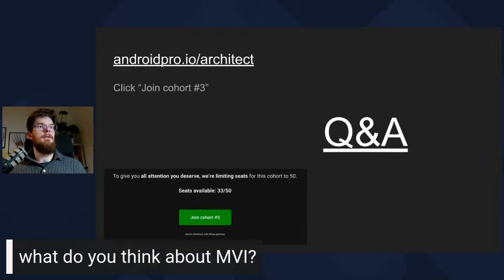The first one was, what do you think about MVI, model view intent? So I think that's a great pattern if we are designing reactive components. We have a lot of things going through user input to our output. And model view intent has these concepts of intent, not exactly Android intents, but some kind of intent. And it's working that way that we are gathering those events coming from the UI in a stream, some kind